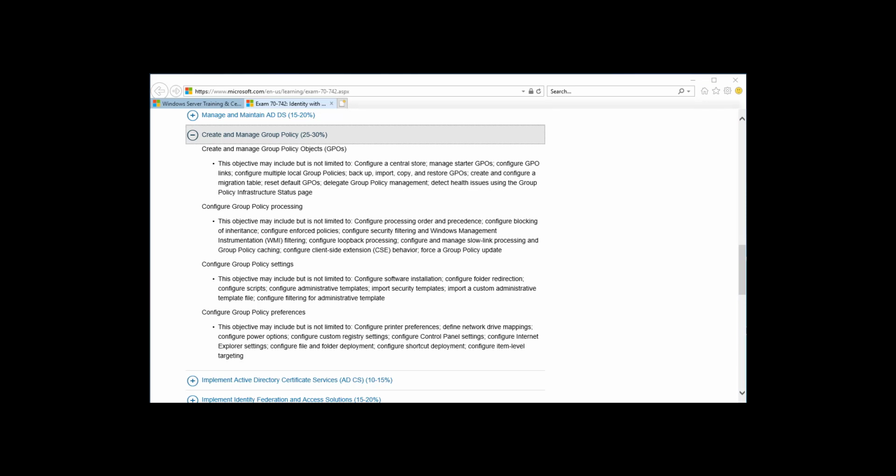The objective may include, but is not limited to, the configuration of a central store, making starter GPOs, configure GPO links, configure multiple local GPO policies, backup, import, copy, and restore GPOs, create and configure a migration table, reset default GPOs, delegate group policy management, detect health issues using group policy infrastructure status page, configure group policy processing, configure processing